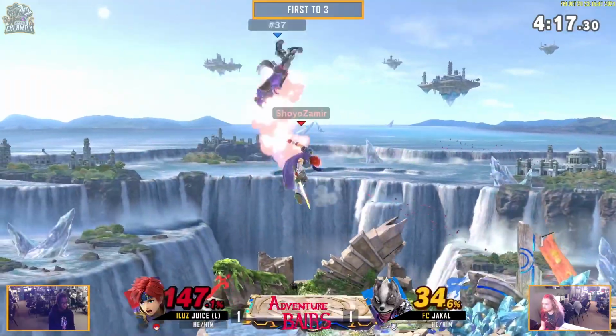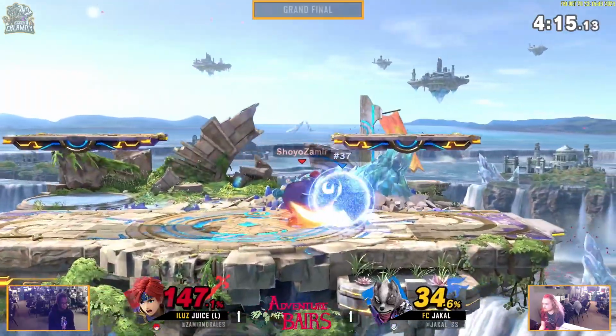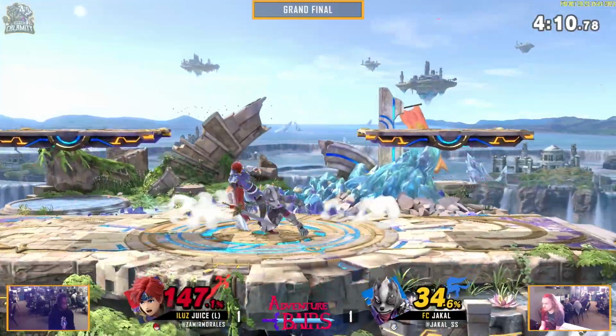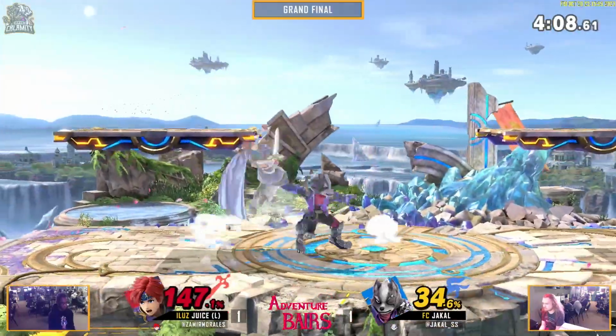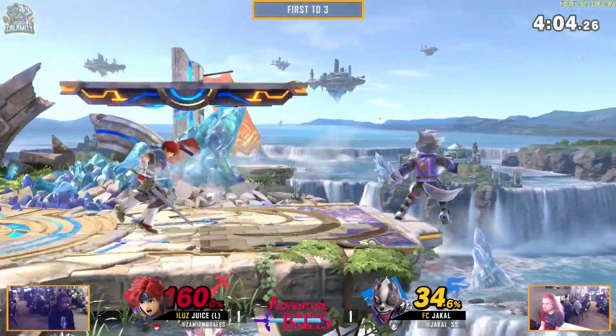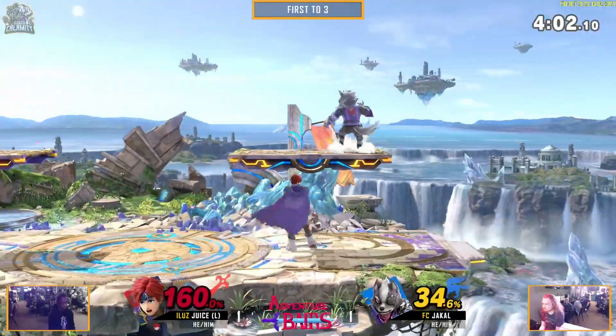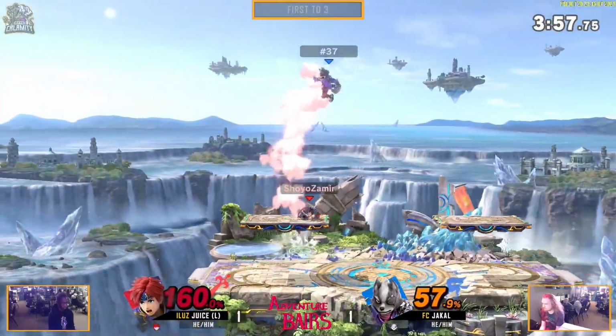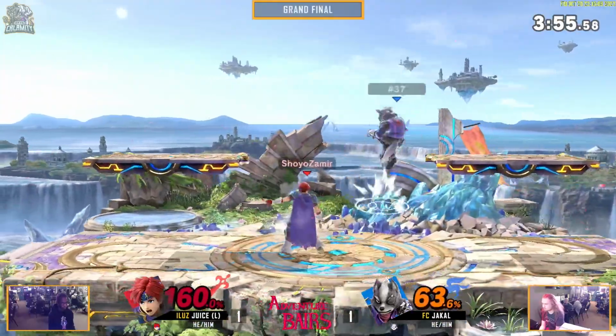Oh, here's the advantage that Juice needed. Yep, and you're Max Rage Roy, so it's not even that bad, all things considered. He does have to be careful of that shield right now. He's not covering his whole body. Oh, Tri-State Classic. He tried it. Ooh, Jakal's got to be a little careful here. Yeah. He's starting to get into prime death for...